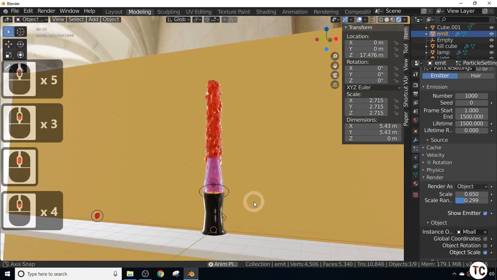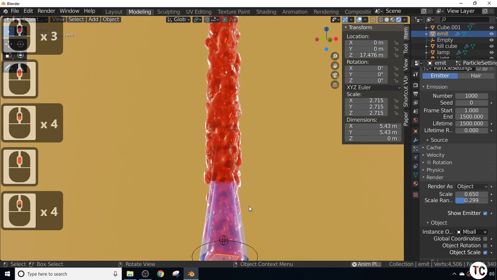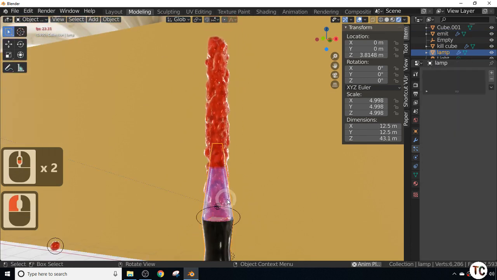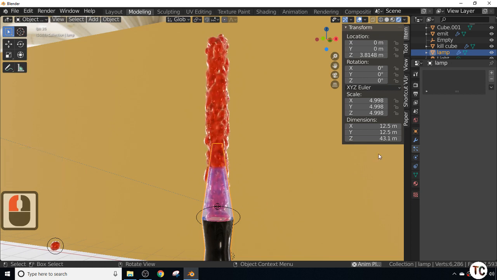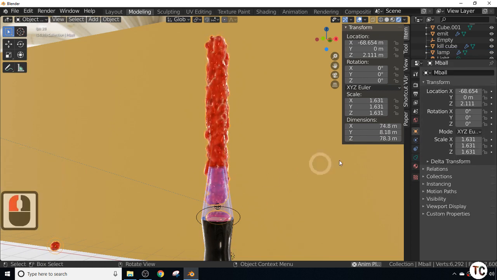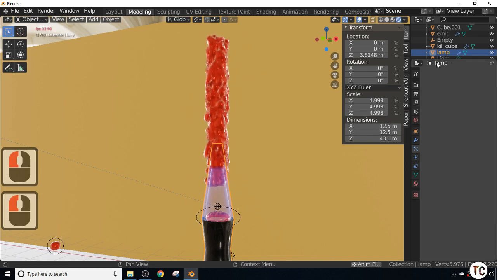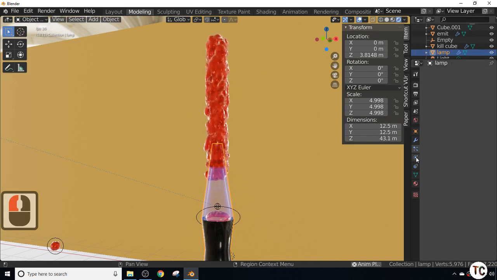but it's not really keeping itself in the lamp, is it? So what we're going to do is add some containment onto the actual lamp itself, and the way we do that is by selecting the lamp, move it up, select the lamp. As you can see, the lamp selected up there,